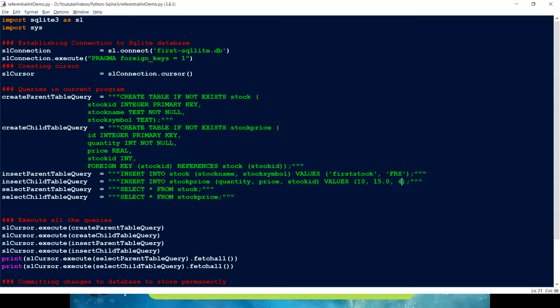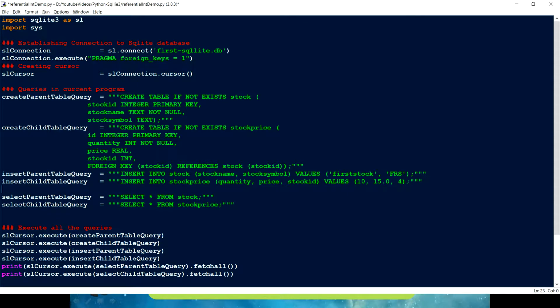For that I just have to write a small delete query on the parent table. I can copy this part and delete from stock. Now, to execute this, I have to comment this out,